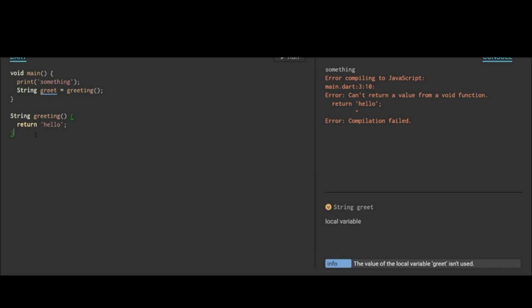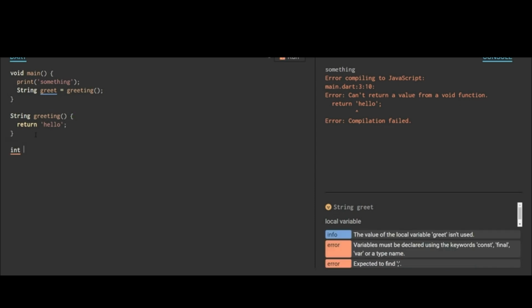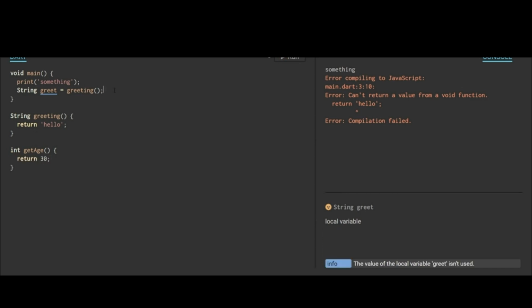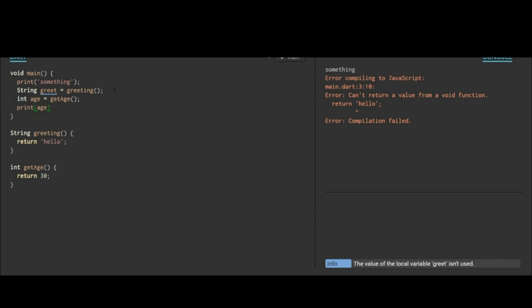I'm going to do the same thing but with an integer. I'm going to call this, I don't know, getAge, and then inside the function I'm just going to return 30, like so. And then I could say int age is equal to getAge, like so. And I'm also going to print these two things. I'm going to print out the age, and I'm also going to print out